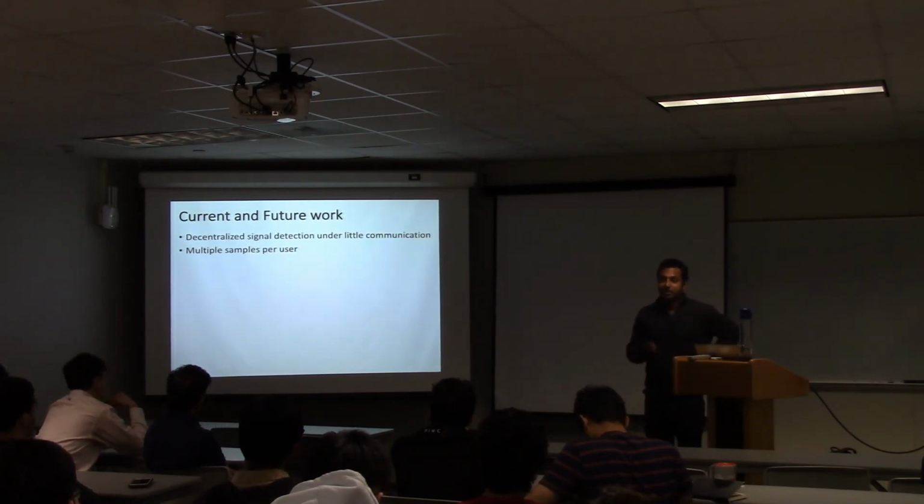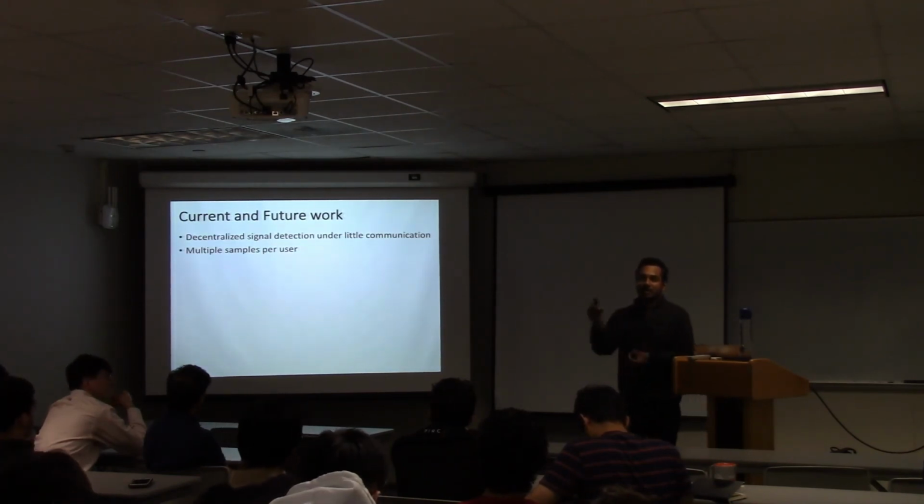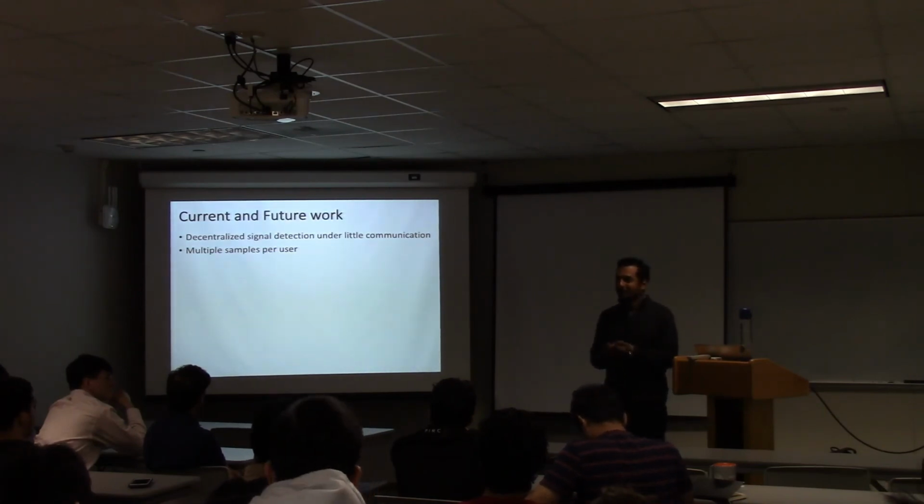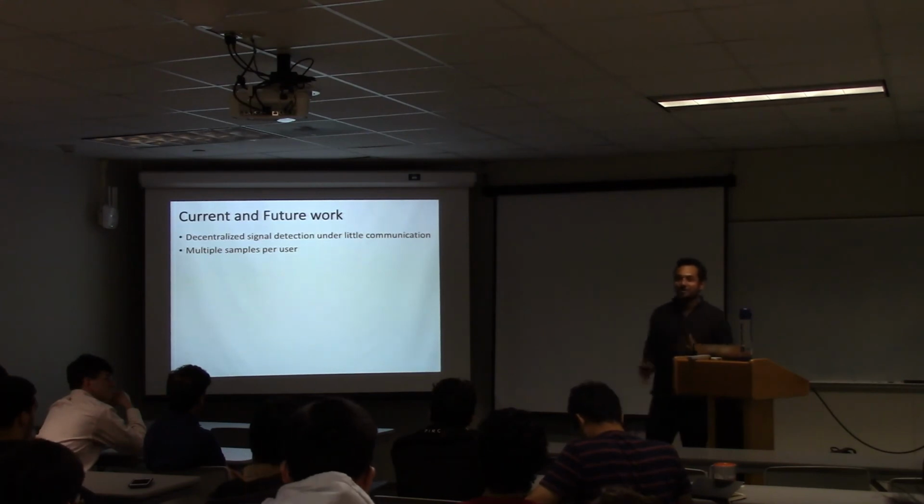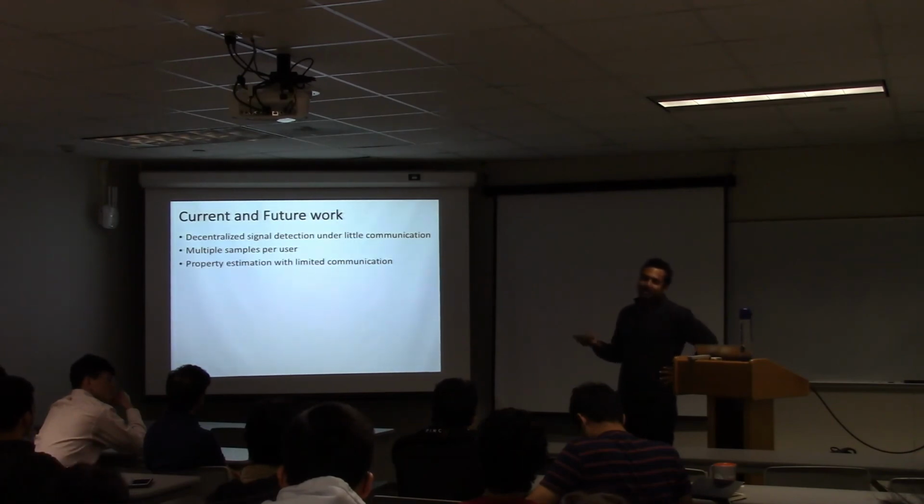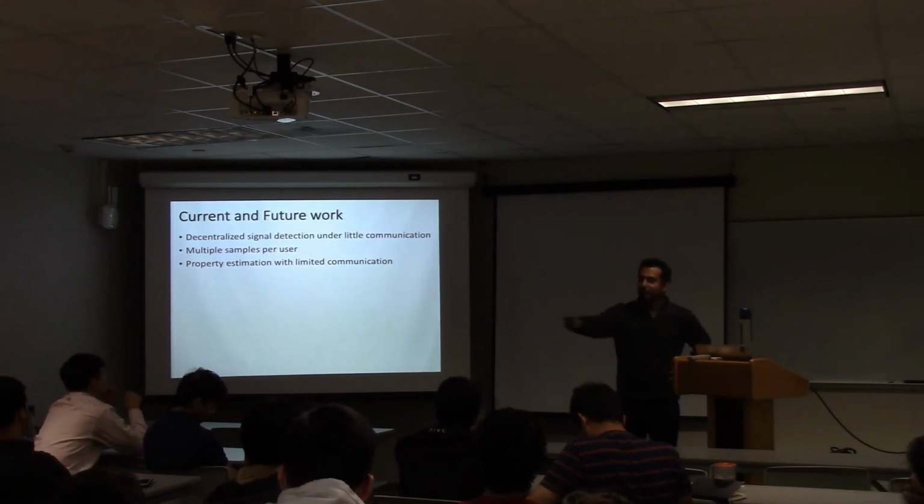Multiple samples per user. Until now, I just said each player has just one point. What happens if there are more than one? We don't know how to use all that information. There is like a whole gap there. Even for learning, we don't know if each player has multiple samples. What should they do if they can send only one player? No idea. Then you can ask about other properties or other inference tasks, like estimate the entropy of the distribution